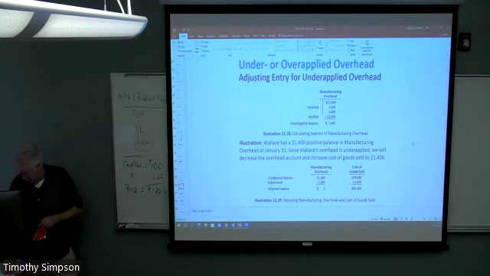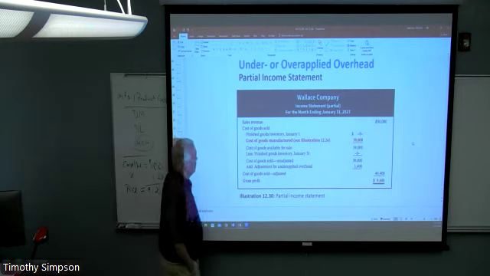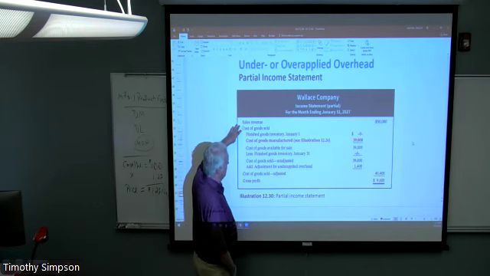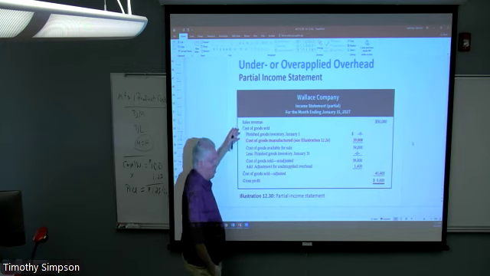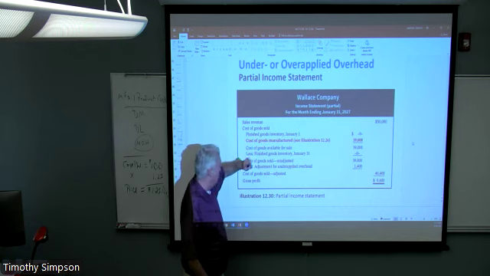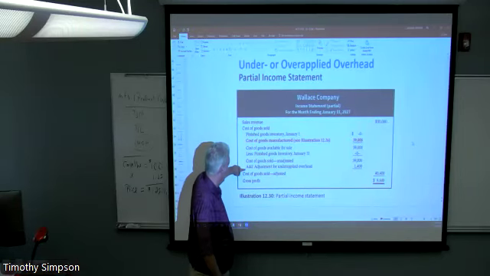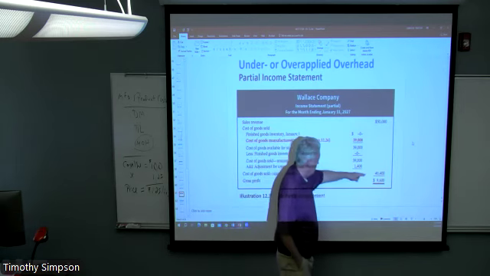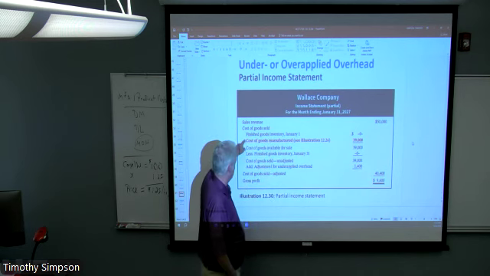So in this case, we had a $1,400 adjustment. Here's what the income statement will look like, where we've got sales revenue, 50,000. This is the first time we've seen the revenue on this, which again is mostly irrelevant for our purposes up until now. We had cost of goods sold of 39,000. That was the initial value, right? And we make the adjustment down here. Cost of goods sold unadjusted and the adjustment for underapplied overhead, $1,400. And so as a result, 40,400 is the adjusted cost of goods sold, not the unadjusted cost of goods sold.